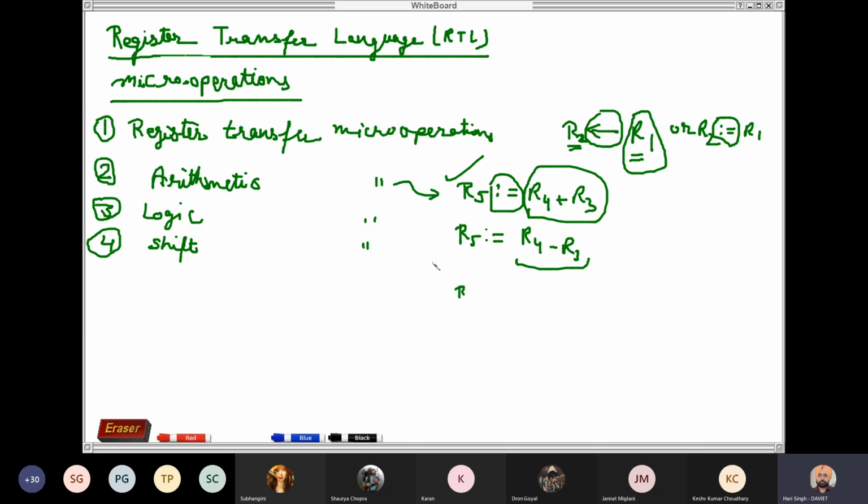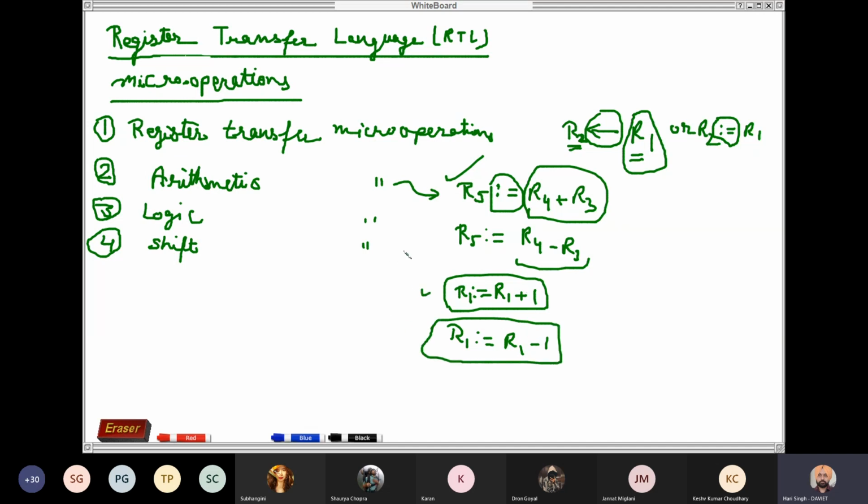We can also write R1 := R1 plus 1. So R1 is equal to R1 plus 1, and R1 is equal to R1 minus 1. Okay. So now these operations indicate, yes students,